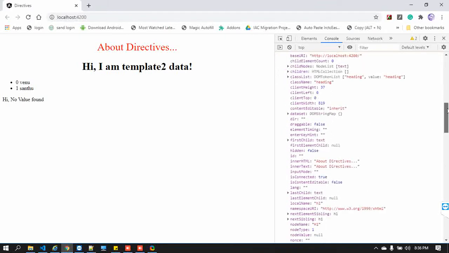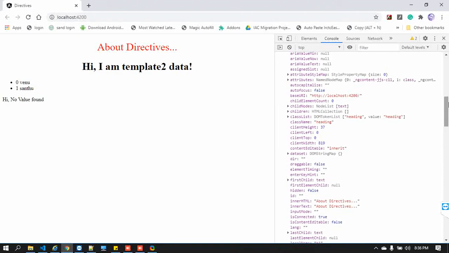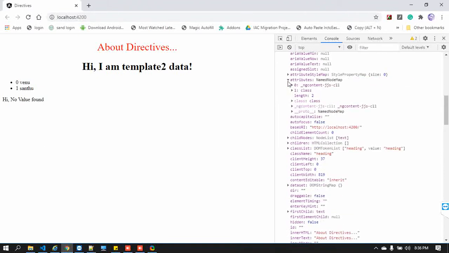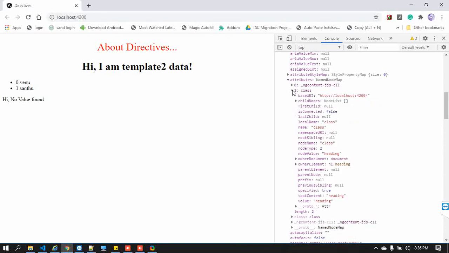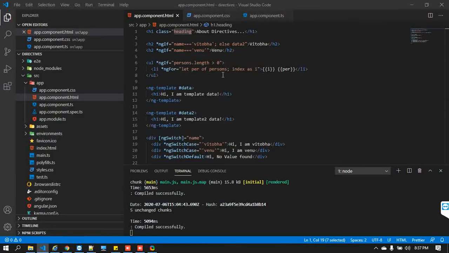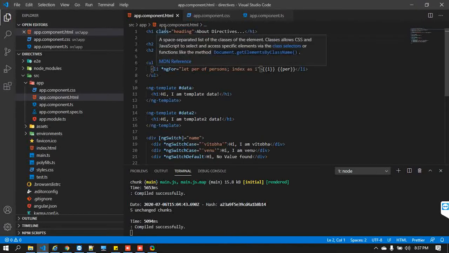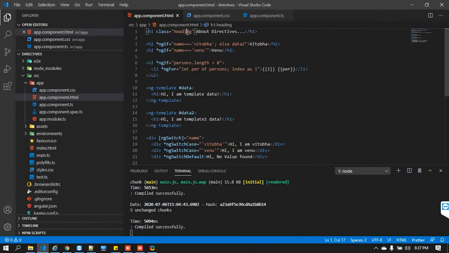There is another object related to class actually. Yes, this is another one. In that attributes, there is a class. So this displayed directly. Now I have assigned the respective class to this.